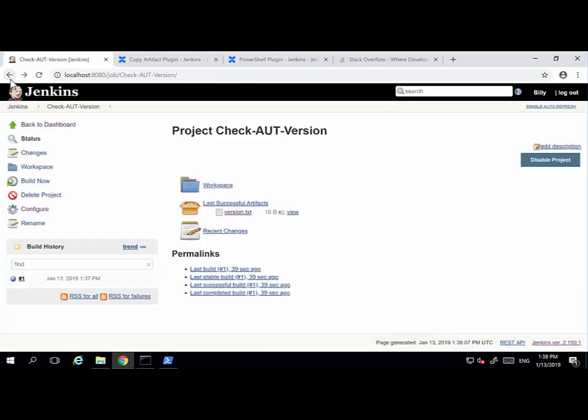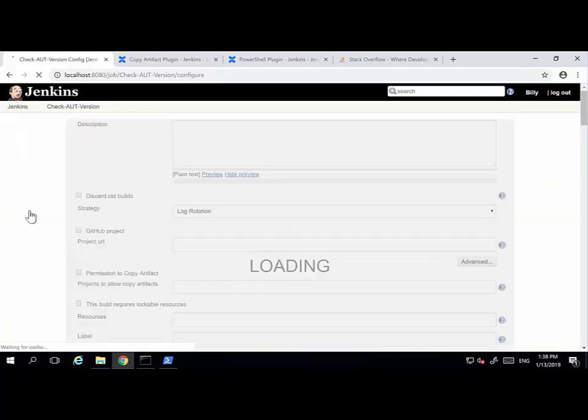So now we have that initial version, and what we want to do now is modify the job so that it monitors and checks against this version that's stored in here. And if it changes, then alert us. If it doesn't change, just continue. So if we go back and configure this job, we need to do two things. First off,